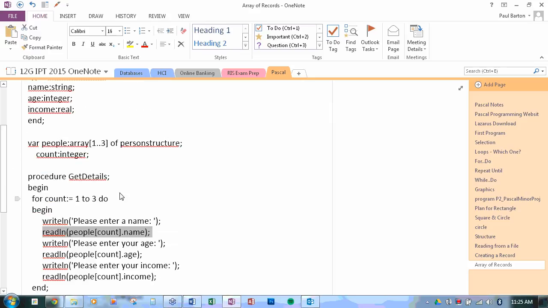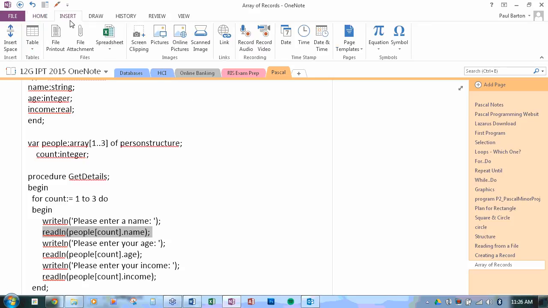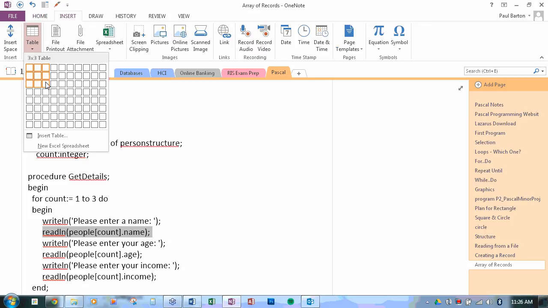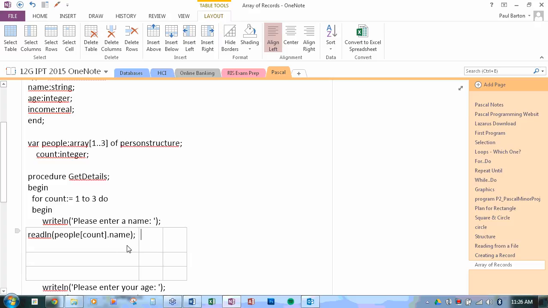This time when we get down to the variable bit, instead of just having a plain old variable, because we're just using it once, we've got 3 of them. So imagine it's like an egg carton and there's one part that does this, there's one part that does this, and you're just breaking it up a little bit. But I can now say this particular variable people is an array of records. Okay, so that's where the array of records bit comes from. So in other words, I've got a structure that allows me to have, if I whack in a table,